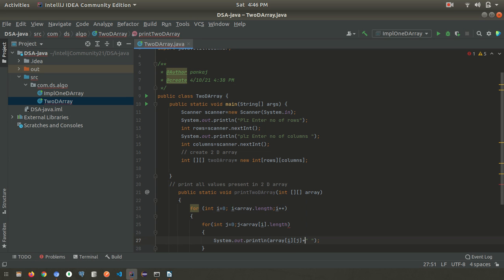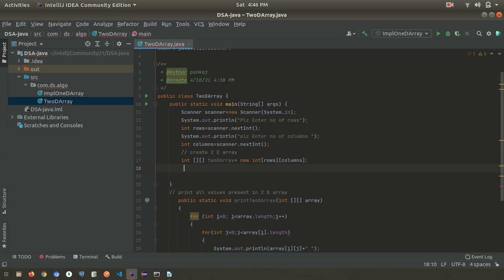And this method we will call from the main method, and this method takes an integer array as the argument. Already we have this array, so we can pass it. This is the two-dimensional array, and here also we have a two-dimensional array. So we just put this variable and we'll run it.